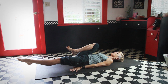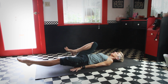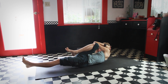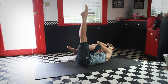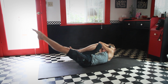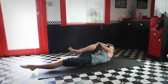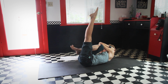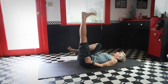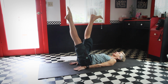And 4. And 5. And then we're going to add a twist. Twist to the right leg and continue the left leg lowering and lifting, 1 and 2 and 3, 4 and 5, and come onto your back and take both legs up and lower the left leg down just to